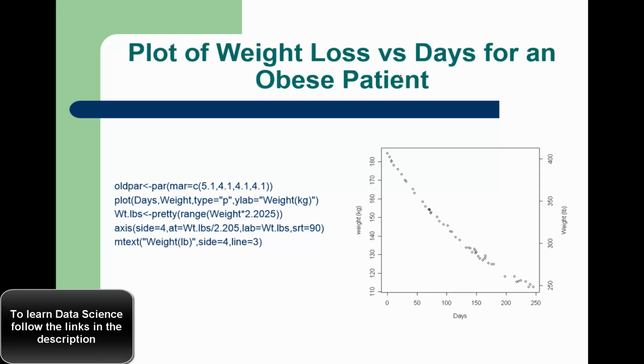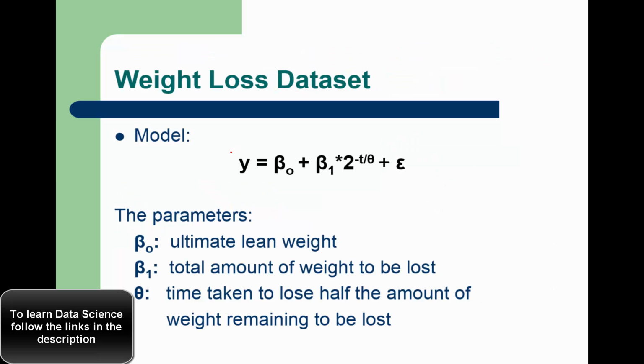So we're trying to plot the weight loss versus the days of an obese patient. He's going through medication, and the weight loss has been plotted here. This seems to be a nonlinear pattern, and we'll rather go forward with a theoretically perceived model. So here is one model where y is the weight of the individual who is obese and is going through medication, so he's losing weight,